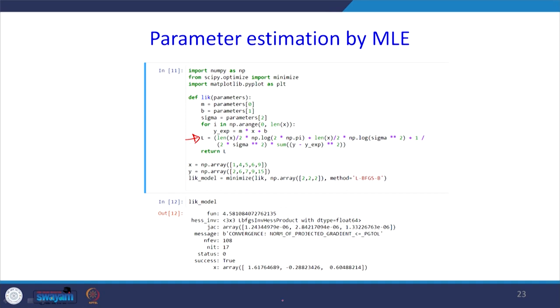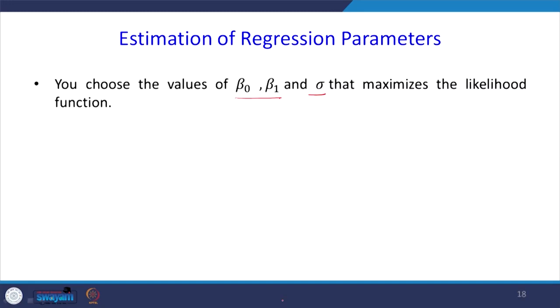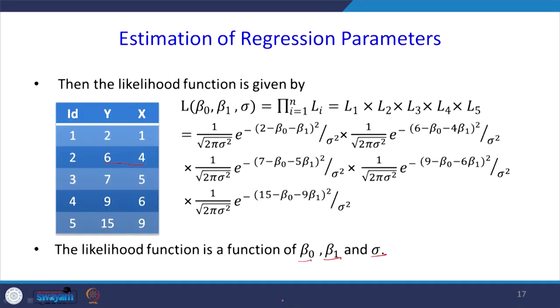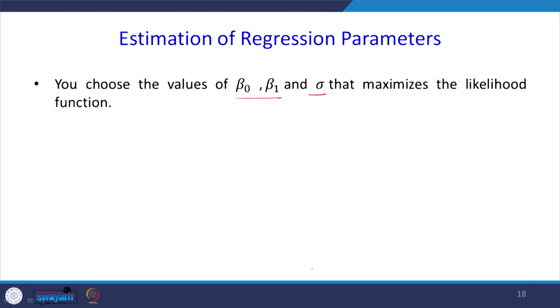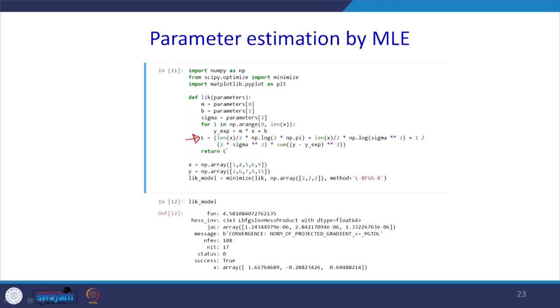When you go back previously, this is the whole equation we are going to predict. That is why I have used a for loop. For each I1, I2, I3, I4 up to I5 I will find it out, then I will multiply it. That is why this has come. So, this is what I have explained. Finally, the L will be returned.